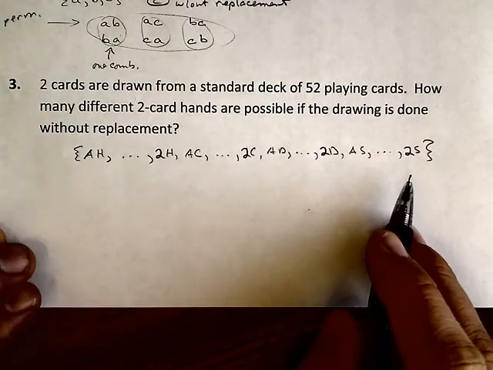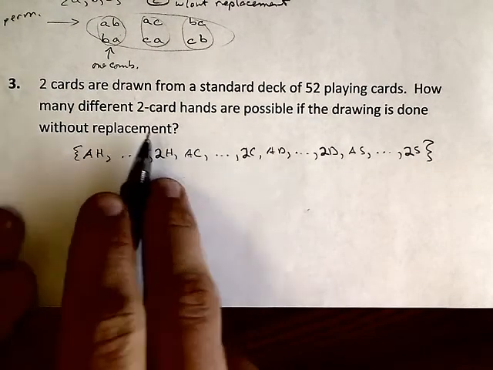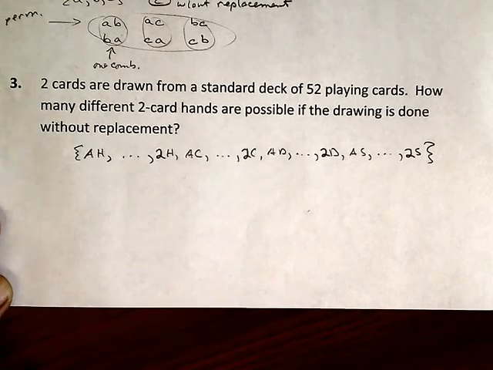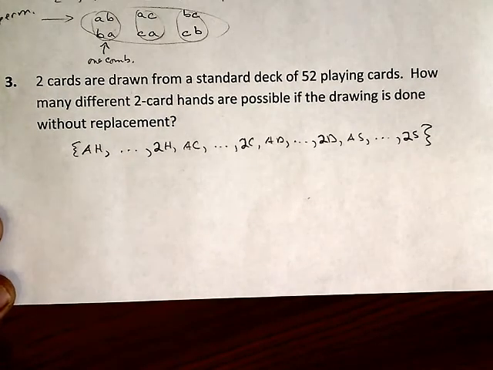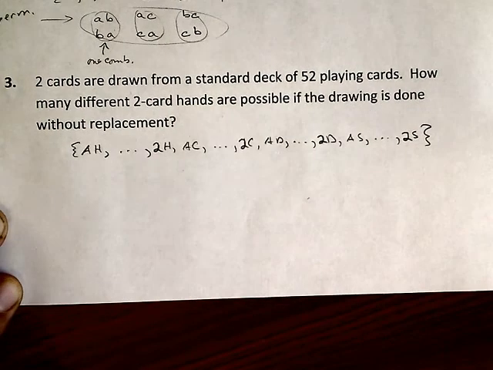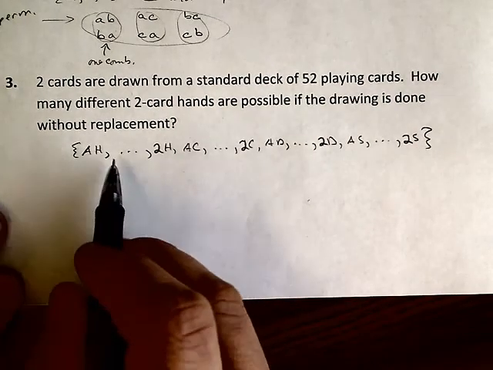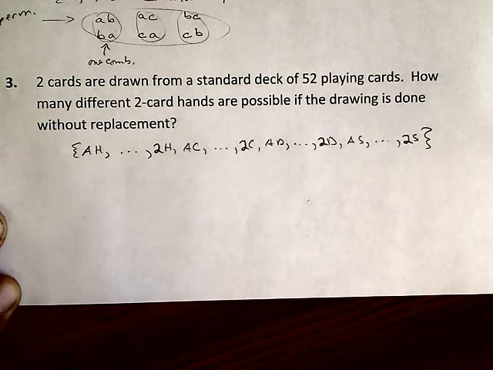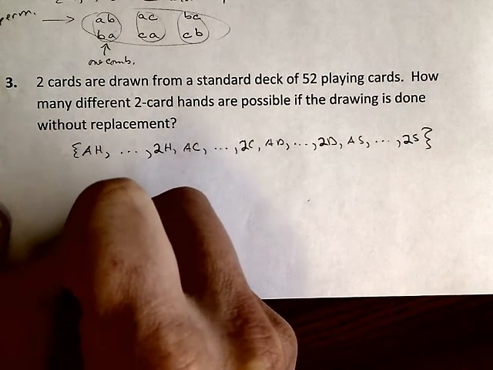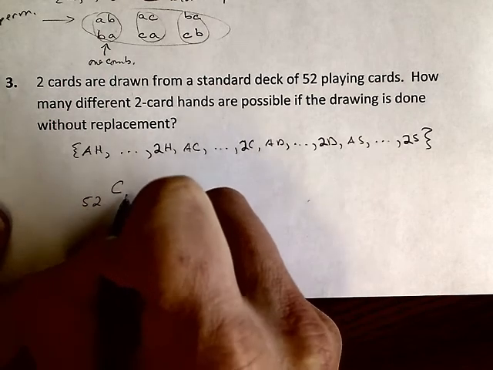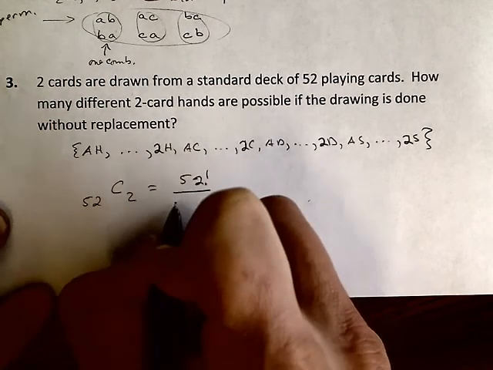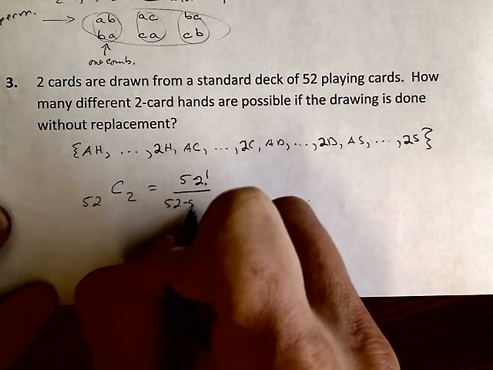So here I have a set of distinct objects, and I'm drawing 2 cards from this set without replacement, okay, to give me a 2-card hand. And how many different 2-card hands are possible? Well, this is essentially asking what are the number of combinations of drawing 2 cards from this set of 52 playing cards here. And so I'm actually looking at 52 choose 2, which is 52 factorial over